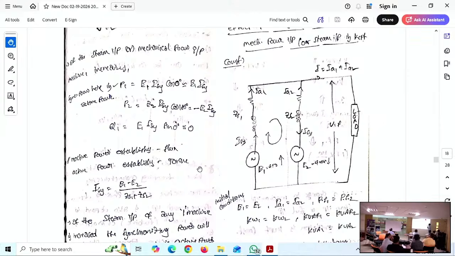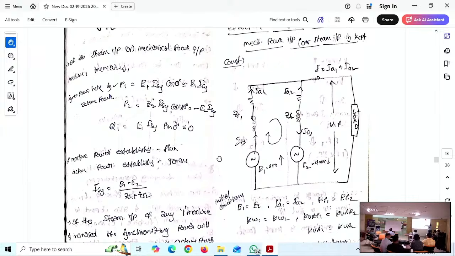Okay, now we are considering on load. So no load condition, two disturbances: effect of changing excitation, effect of changing prime mover input. We got to know how synchronizing power acts as purely reactive power and active power, trying to stabilize the system at new set values. Then on the load, when the load is connected,